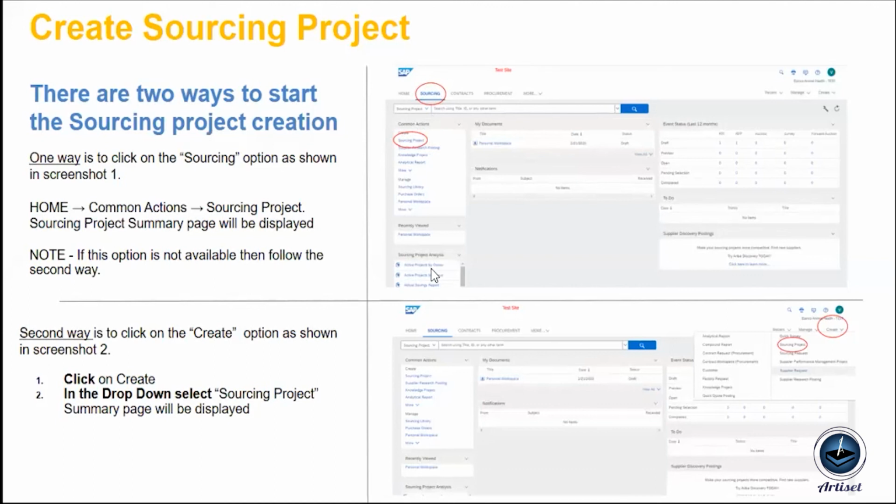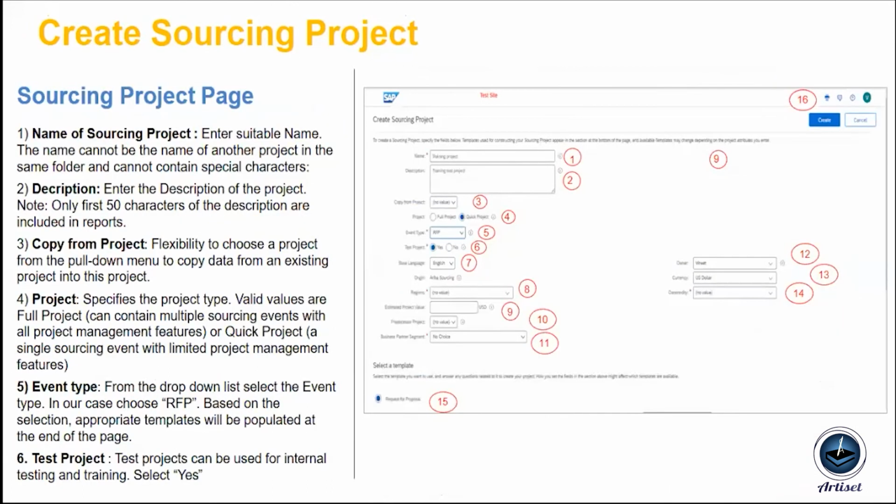Once they've clicked on the sourcing project, a form will appear, with certain header fields as defined during the designing of the template. So these header fields we will discuss in detail. I have just written a short description, but once we identify all those standard header fields and customized header fields which have been prepared for the customer, we'll prepare on those areas, and we will help the customer in understanding the header fields.